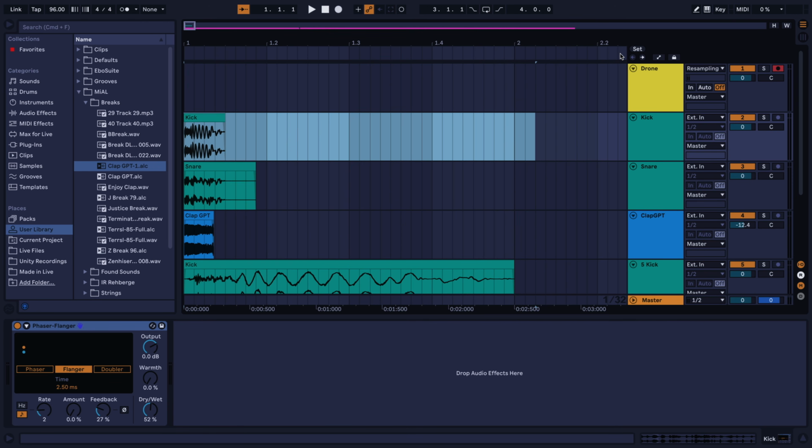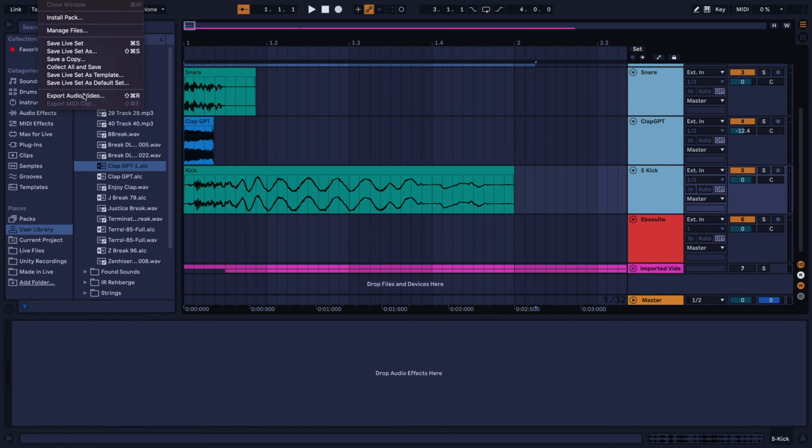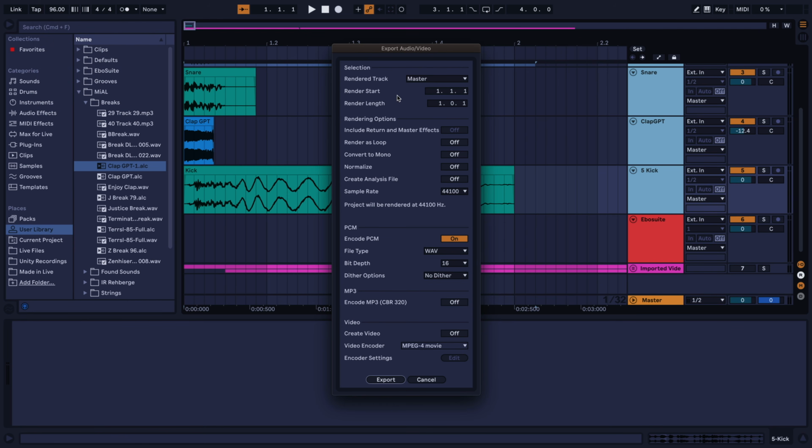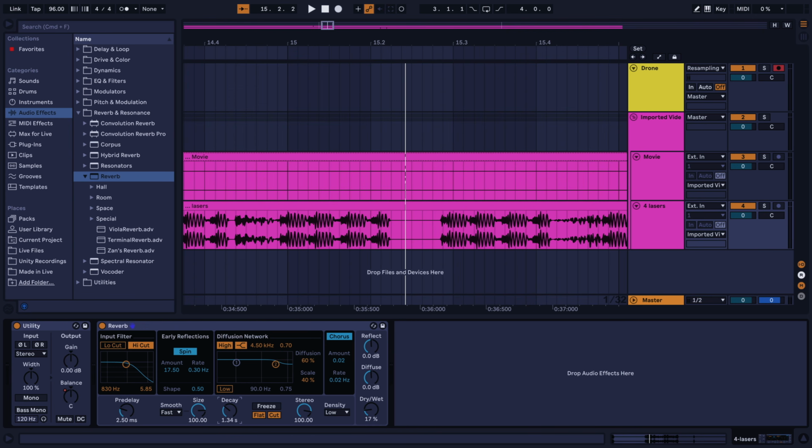Then select the tracks I wish to export by selecting the first track, holding Shift, and then selecting the last track. I'll go to File, Export Audio Video. Under Render Track, I'll select Selected Tracks Only. Then I click Export. Unlike the session view, video can be loaded directly into the timeline without the need for